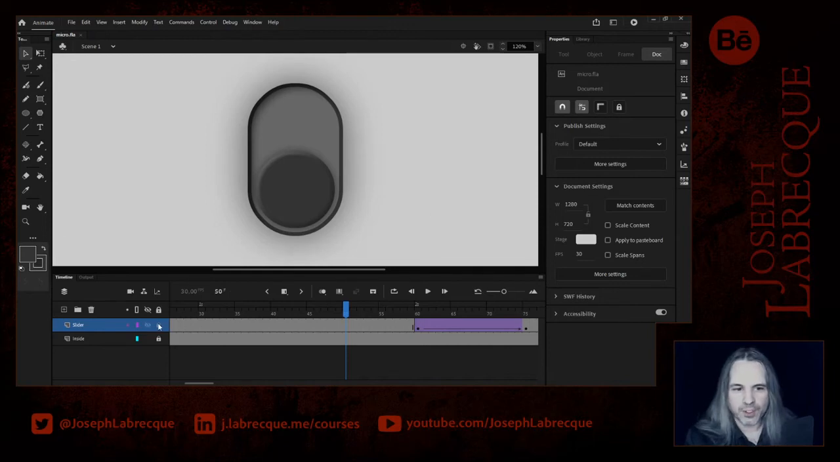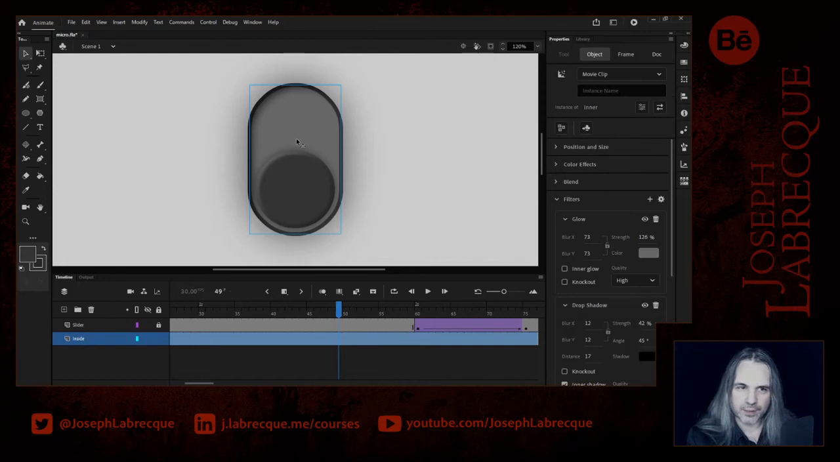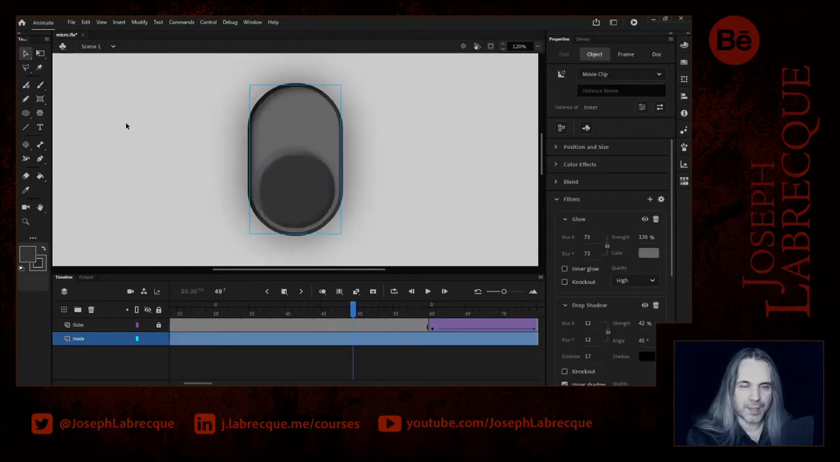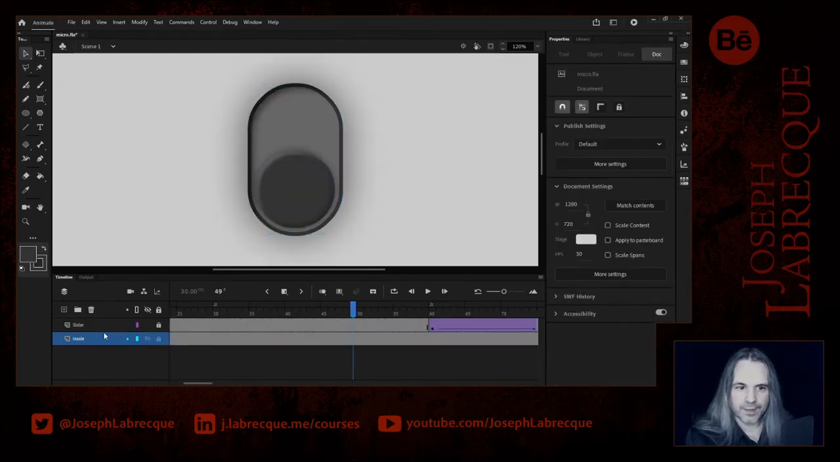There's a couple of ways we could do this, right? What I think I'm going to do is enter into this object right here. So I've got my movie clip symbol selected right now. I'm going to double click on there, and then I can get a hold of my rectangle primitive again. You can see I'm inside that movie clip symbol up here, and I can copy that. Control C, Command C, and then if I create a new layer,